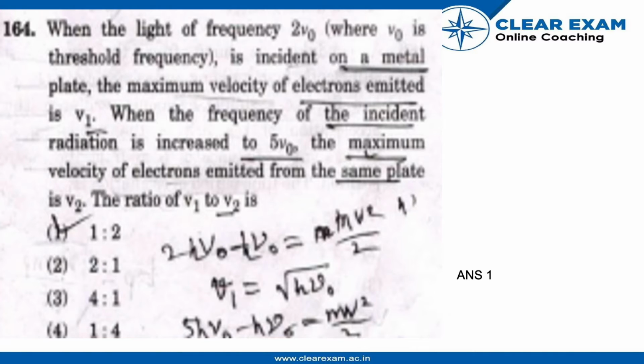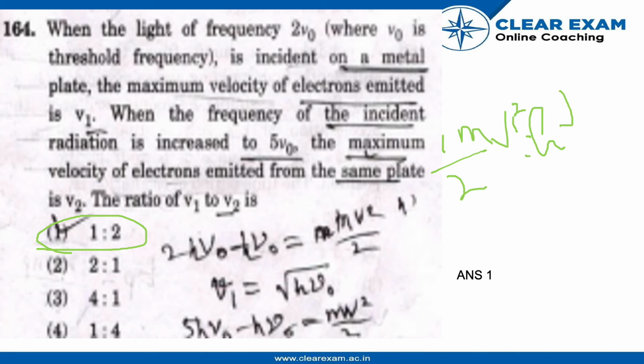So the correct answer to the given question is 1:2. Now let us see how. From the photoelectric equation, hν equals hν0 plus half mv squared, and if we calculate it a bit, we will find that half mv1 squared equals hν0. So that is our first equation,